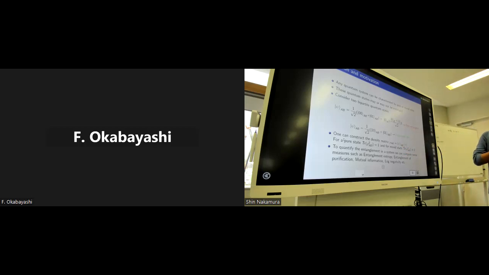Now, if you talk about entanglement, there are a few measures you can compute to detect it. For example, you can compute the entanglement entropy, which we also call the von Neumann entropy. You can compute the entanglement of purification, the mutual information and the logarithmic negativity, and there are a few other quantities, for example the discord, etc. But what happens if you have a pure state? The entanglement entropy is sufficient to measure the entanglement. But once you have a mixed state, the entanglement entropy is not a good measure for